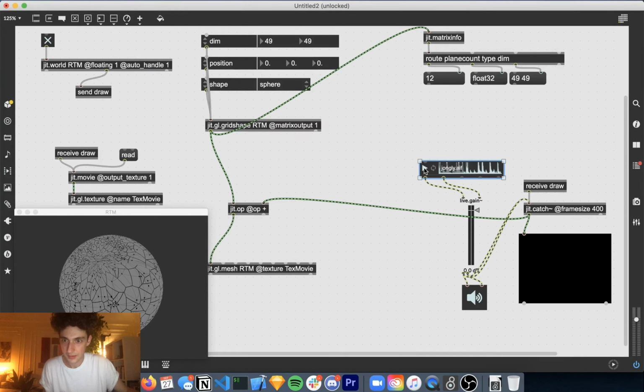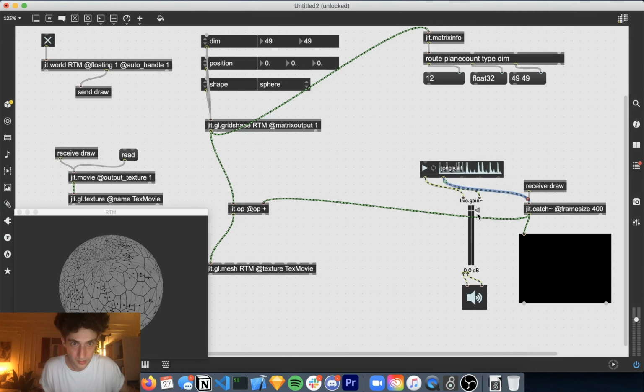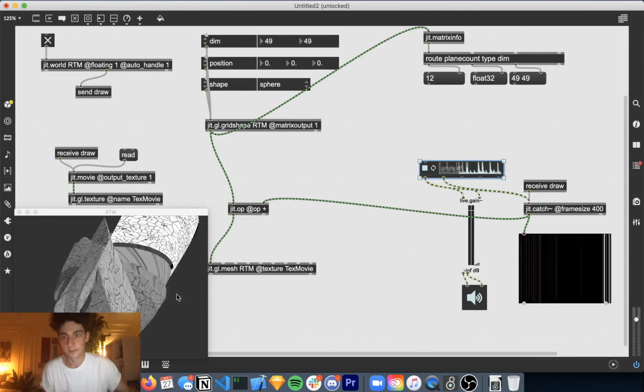All right, and I'm going to actually change this a little bit so we can keep playing on a loop quietly because it's kind of loud. Okay, so I'm going to reduce the volume. I'm going to start playing it and make it loop. All right, so you see the geometry of our mesh distorting based on